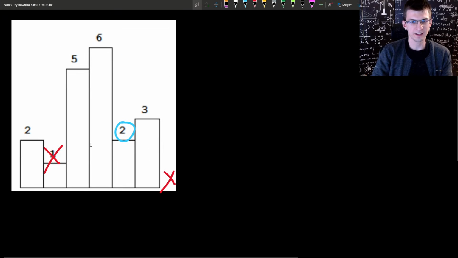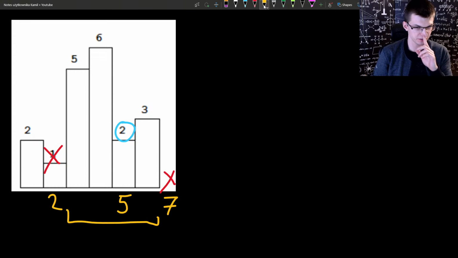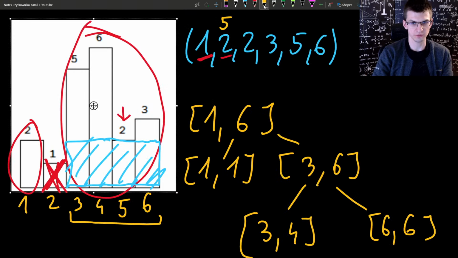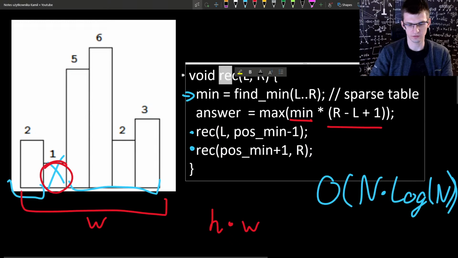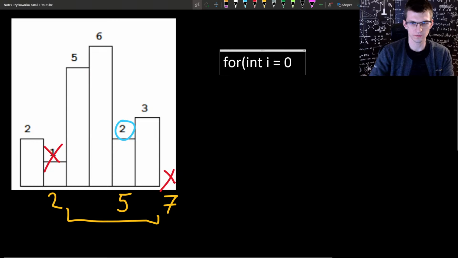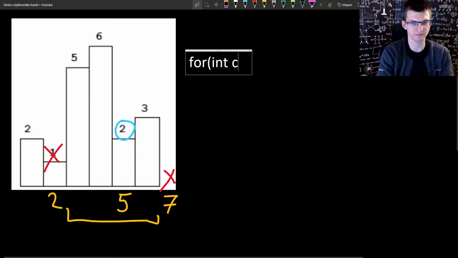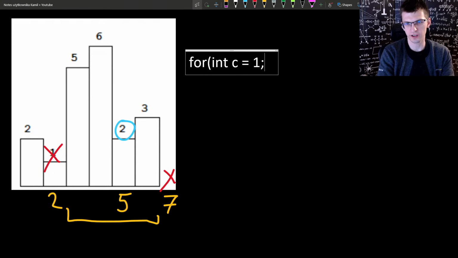Right? And now if for every number I know that for column 5, the previous smaller was column 2, the next smaller is imaginary column 7, I know that this is interval from 3 to 6. So new code or pseudocode is actually for every position, and luckily for us, the order of considering that doesn't matter. For everything, let's do more pseudocode style. For C from 1 to the number of columns,